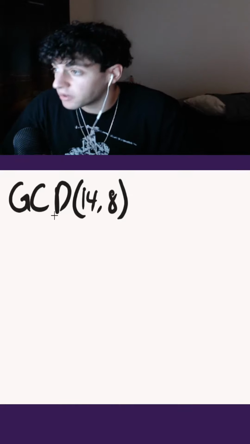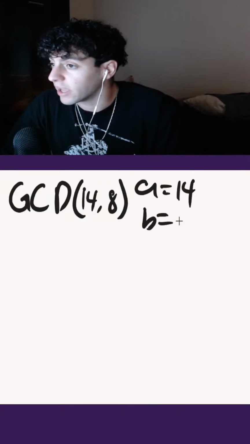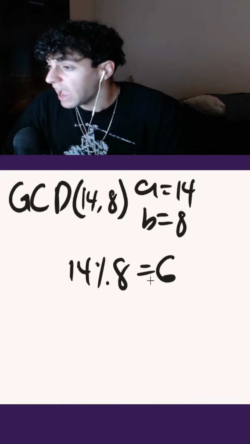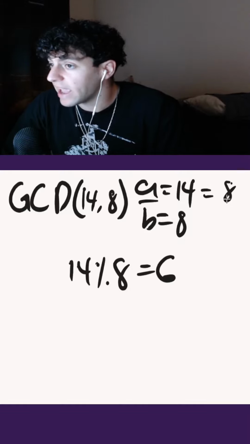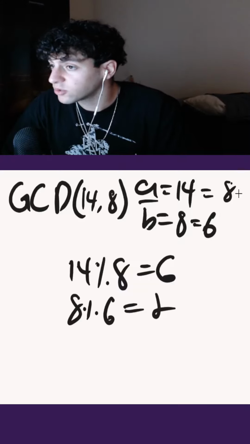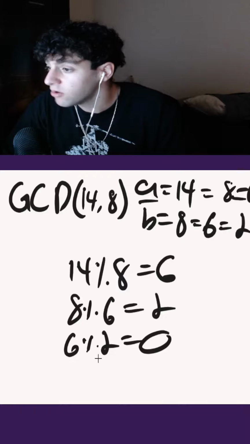Let's take the greatest common divisor of 14 and 8 as an example, where A is equal to 14 and B is equal to 8. So first we're going to take 14 mod 8 and then we're going to get a remainder of 6. After this, we're going to set A equal to 8, and then we're going to set B equal to C, which is 6. Next, we're going to do 8 mod 6, which is going to give us a remainder of 2. After this, we're going to set A equal to 6, and then we're going to set B equal to 2. Then we take 6 mod 2, and this is going to give us 0,